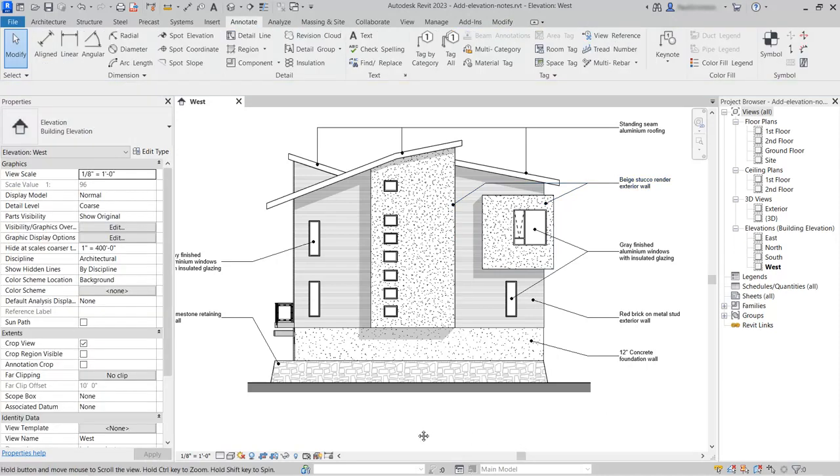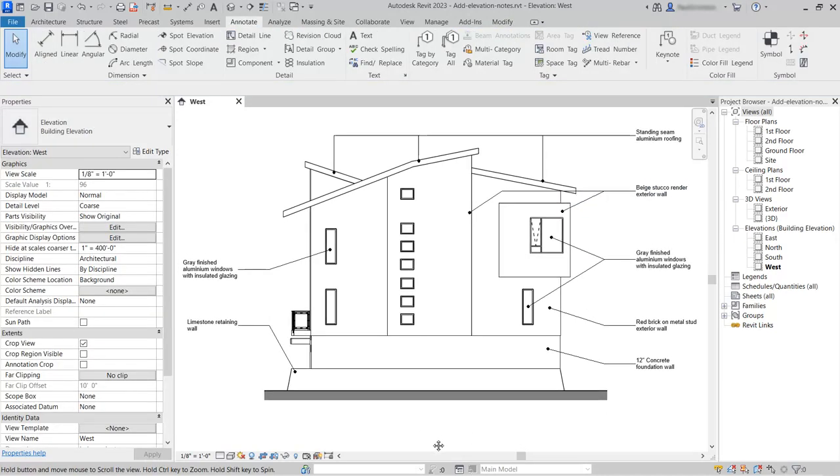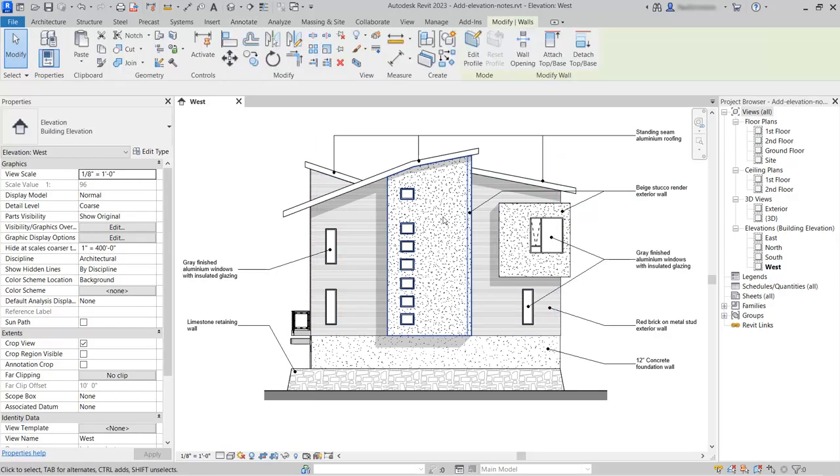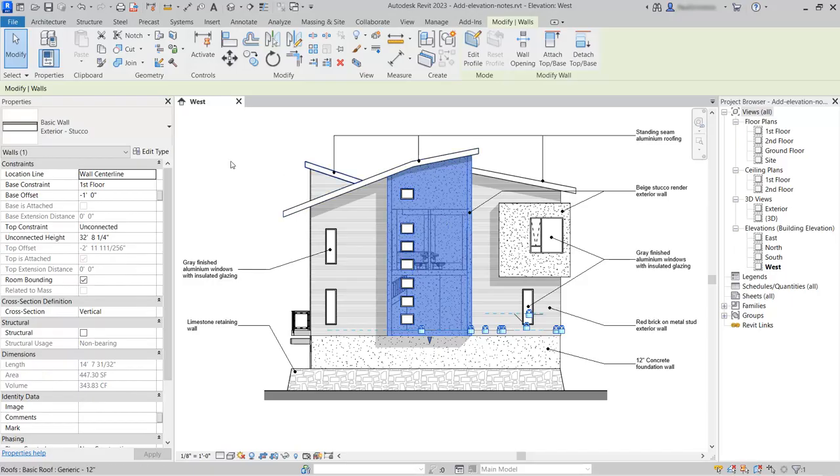So now, having got all of those tags placed, I can see that we need to make some changes to some of the descriptions here. So looking at the beige stucco rendered wall here, we actually need to change that to a grey stucco wall. So to do this, I'll pick a piece of this stucco wall, and then we'll click Edit Type from the